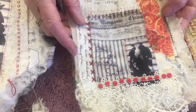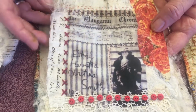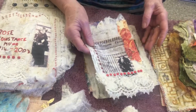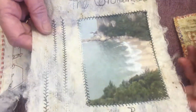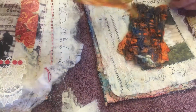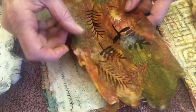There's another one here for my grandmother. That's a little bit of paper napkin or whatever you've got floating around that takes your fancy. This is the little handwritten letter that she wrote part of. There's another image I've put onto it and stitched it down, but it's just such an interesting background. And then if you've got a die cutting machine, you can put it through it and use the cutouts and bond them back down onto a surface, as I said,